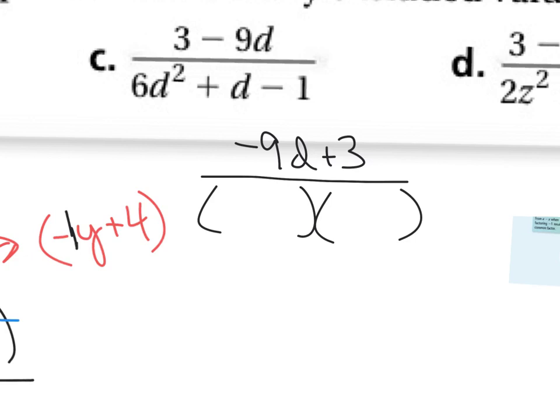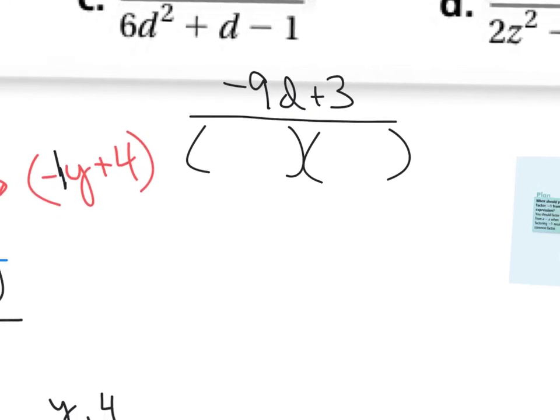And then if you think about it, in the denominator when you factor those, they're going to be something d plus something or something d minus something. There's not going to be a negative in front of either of our factors. So you might notice in the numerator we have something we can factor. We might also factor the negative out with that as well. So there's a 3 in common with the numerator, but if you want to go ahead and factor the negative out, because we can kind of see where this is headed here, -3